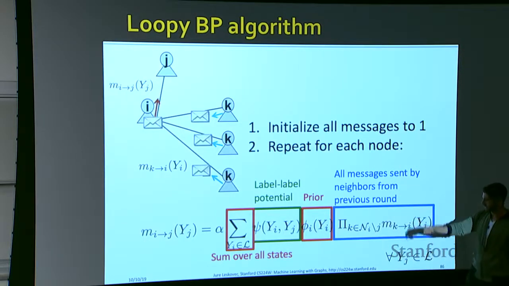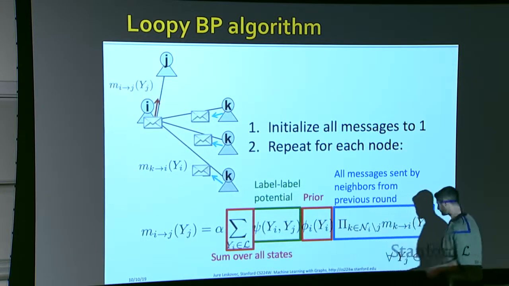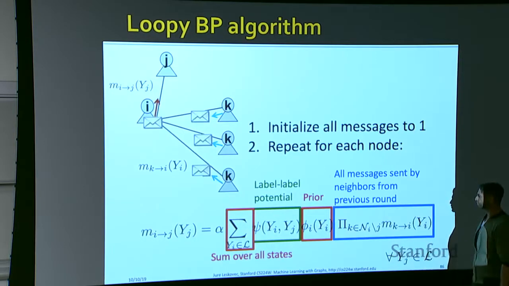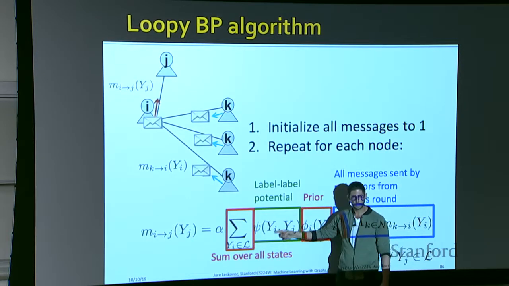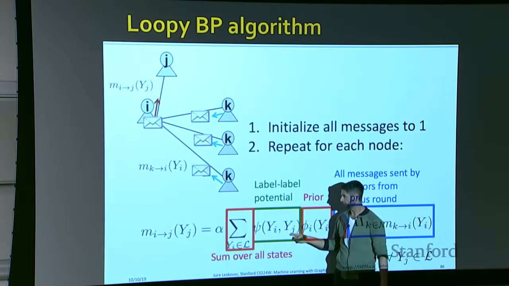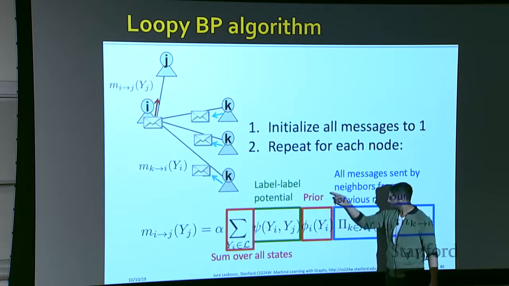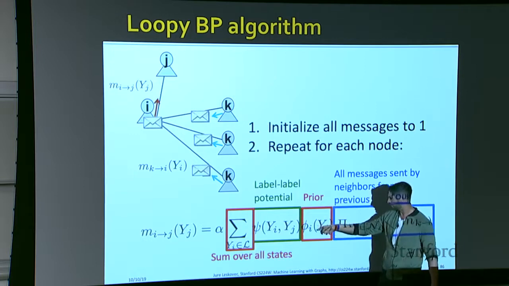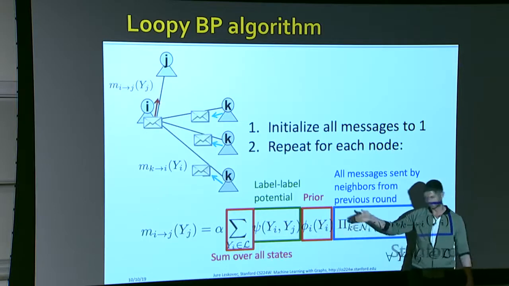We basically send a message from I to J, and the value of this message will be a function of the following. So it will contain, first of all, the label potential. So what is the correlation between the label that I currently holds and the label that he believes that J should be having, okay? So this is basically capturing, is there any homophily between these two nodes, okay? Then you will also capture the prior, so what is the belief that node I should have a